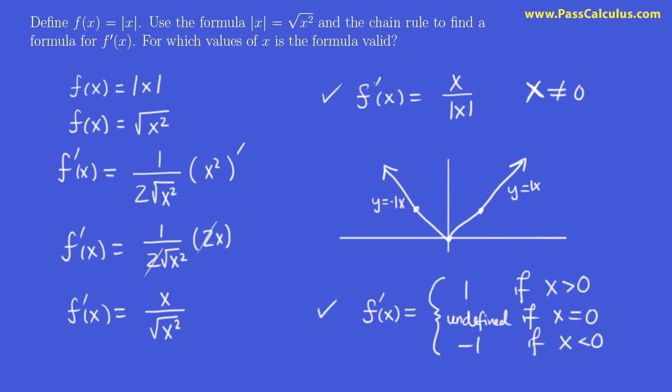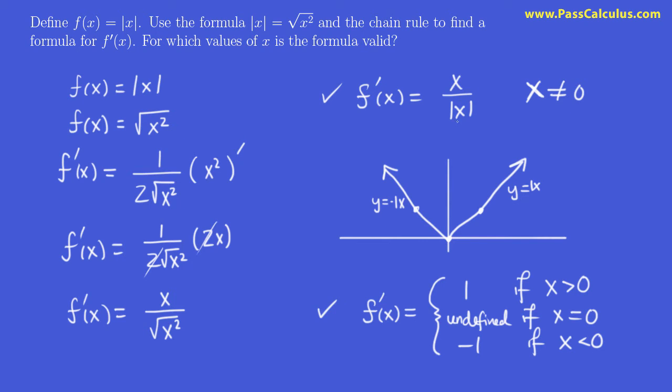These two are actually equivalent. X over absolute value of x is precisely equal to 1 if x is positive. I hope you believe me there. If x is positive, the absolute value of x is just x. So we have x over x, and x over x is 1. If x is negative, though, the absolute value of x is negative x, and x over negative x is negative 1. And at 0, as we mentioned over here,